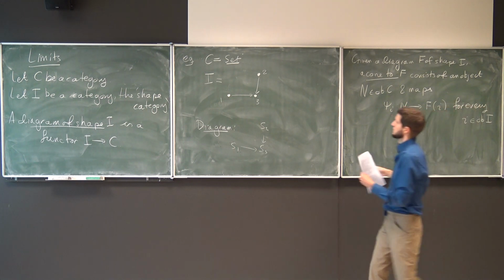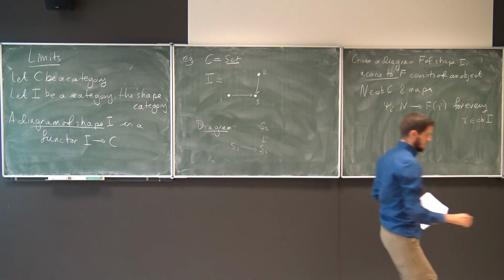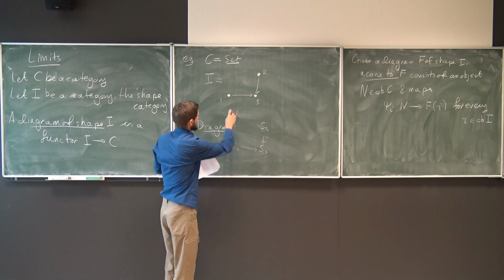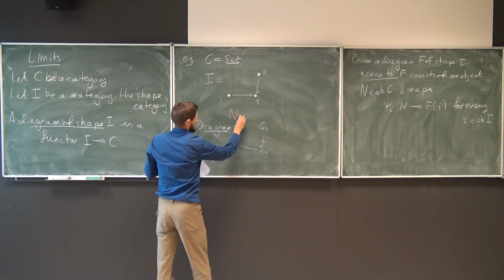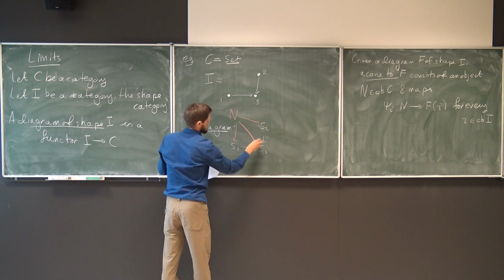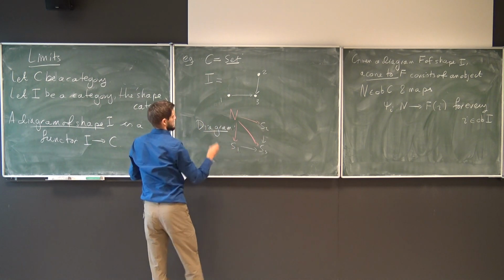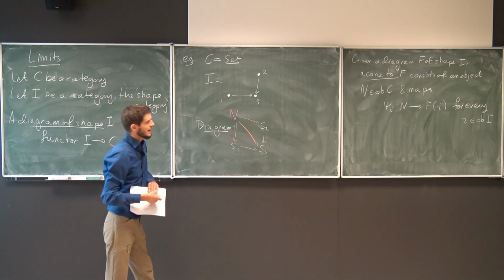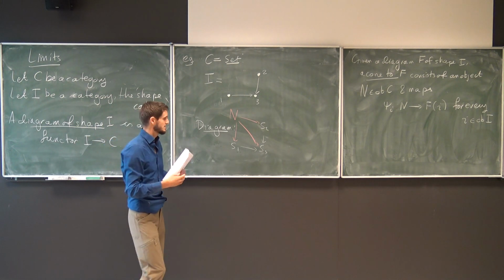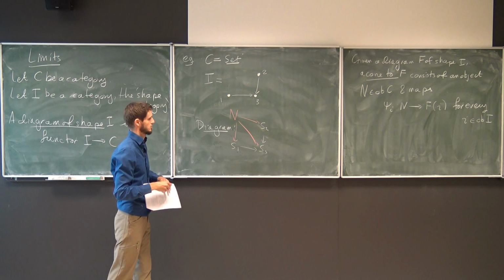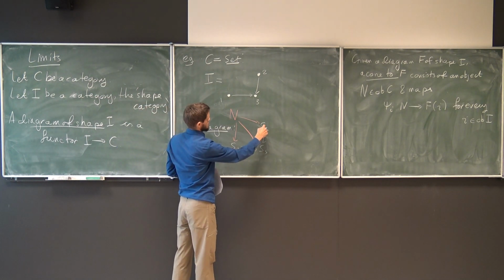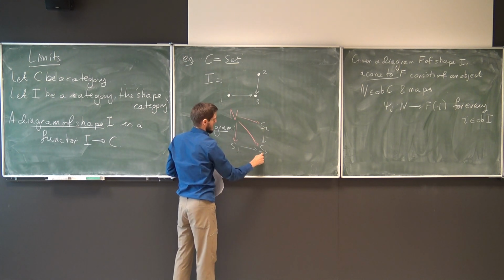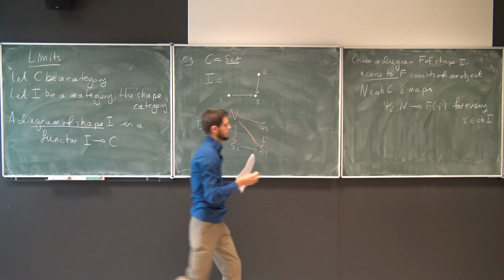So maybe here is our N, and then for each of 1, 2, and 3, we should have a map to the corresponding object, because remember S1 is just F of 1 by definition. So it's this object N and this collection of arrows. Then we're going to impose a condition, and our condition is that, in short, the obvious diagrams commute. Whenever I have an arrow between two objects in I, I get a triangle like this in C, and I want to impose that it should commute. Such that